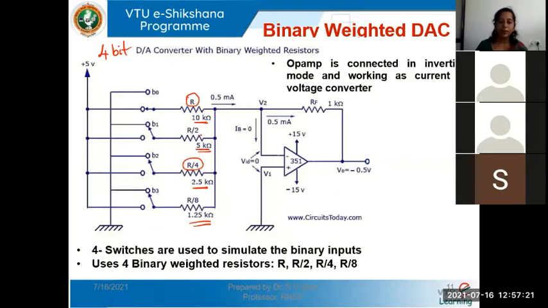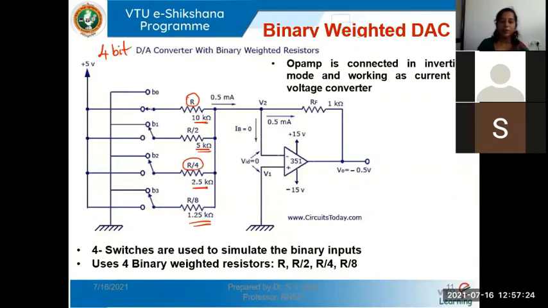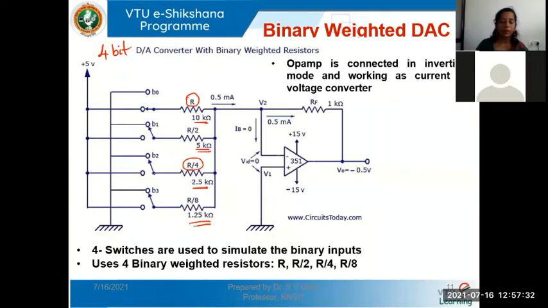And as you can see here, I told you I can use single pole double throw switches. You can use single pole double throw switches here at the end of these 4 resistors. You see we are using switches with 2 connections. One connection will take it to plus 5 volts or the VREF voltage, and the other connection will take it to ground or 0 volts. And as usual, these 4 resistors are connected to the inverting input terminal of the op-amp.